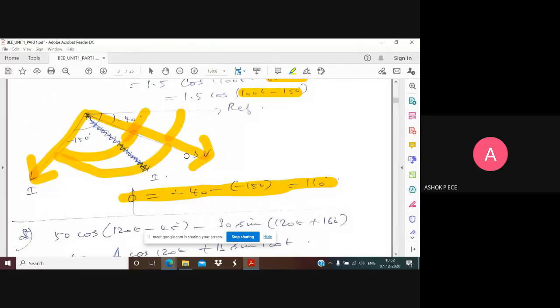See, we will not be studying them in depth, but whenever we draw the phasor diagram for any of the components in units 3, 4, 5, we'll be coming back to the basics. If the angle is positive, we'll be drawing above the reference. If the angle is negative, we'll be drawing below the reference. And reference is always going to be your positive x-axis. That is going to be our reference always.